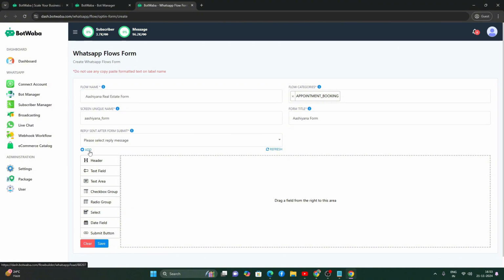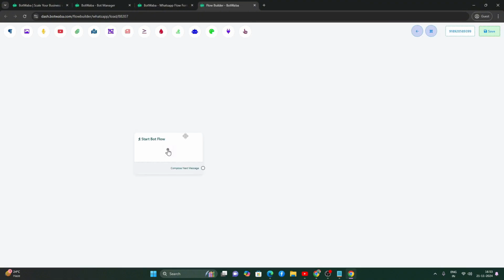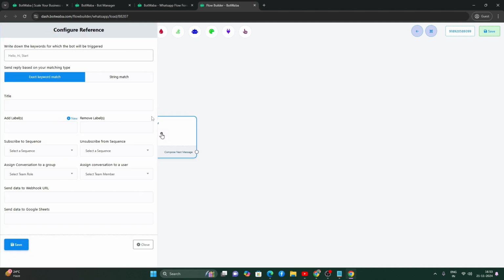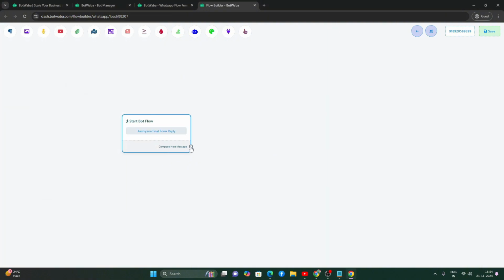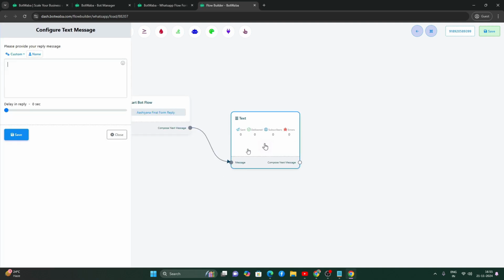Just click on the add button, and over here, it will take you to a visual flow builder. Now double click on start bot flow. Don't need to set any trigger keyword, just set a title. I am going to write, since it's the final reply that your customers or users will get when they submit the form. Now, drag from compose text message and take a text element. Here, write, thank you, our agent will contact you soon. Now save the bot